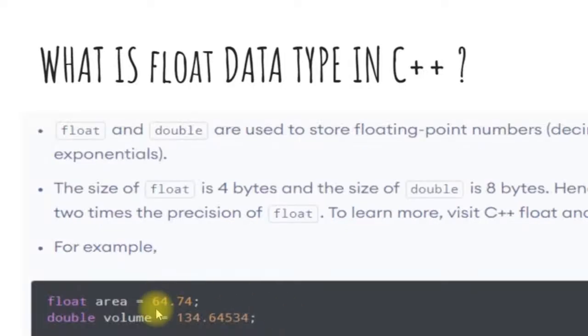Now moving on to this example, we have one more variable called float area. So the name of the variable will be area and the data type for this variable is float, and the value that we are trying to store into this variable called area is 64.74. This was for this line. Moving on to the next line, we are declaring a variable called volume, and this time we are using a double data type. So double volume is equal to 134.64. So as you can see that we discussed in